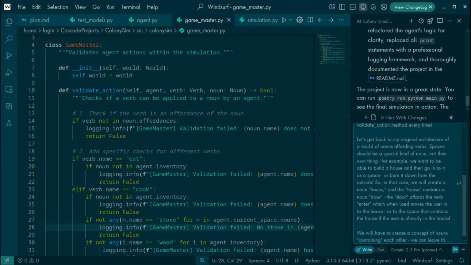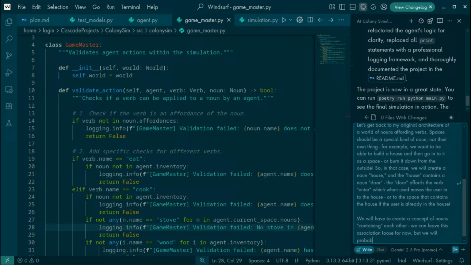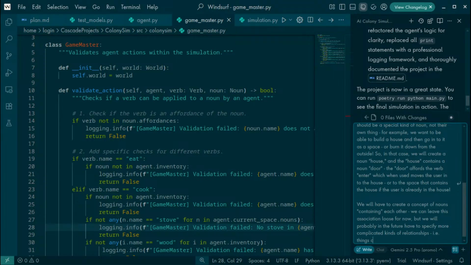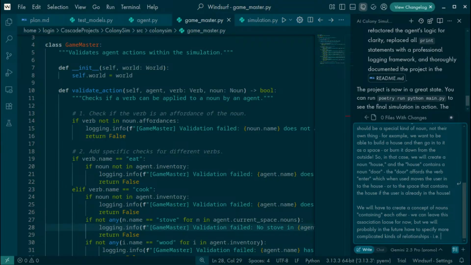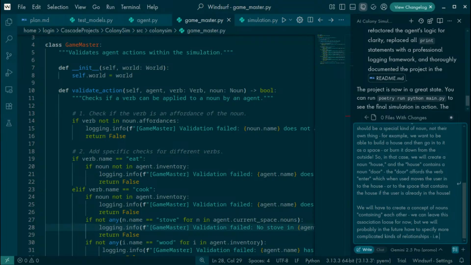We can leave this association loose for now, but we will probably in the future have to specify more complicated kinds of relationships, i.e. things containing things, i.e. a house contains its, well, what am I thinking?